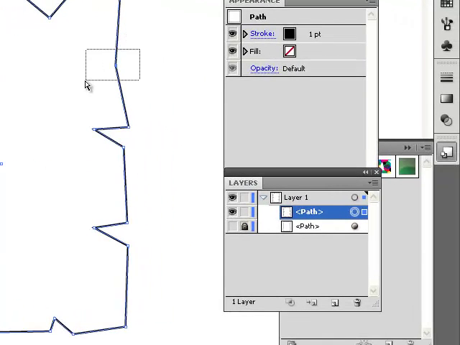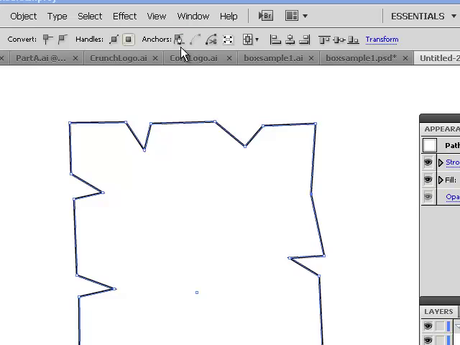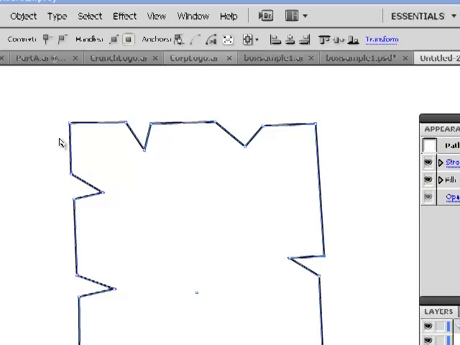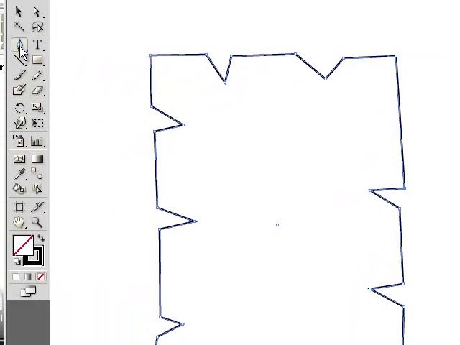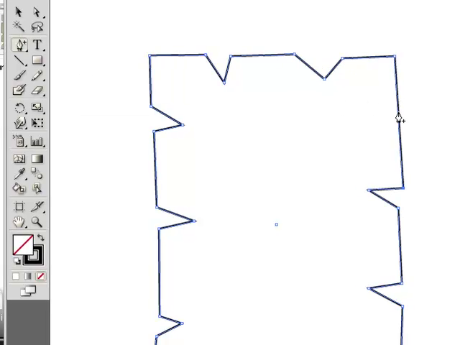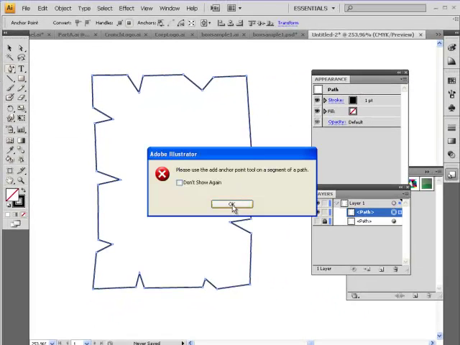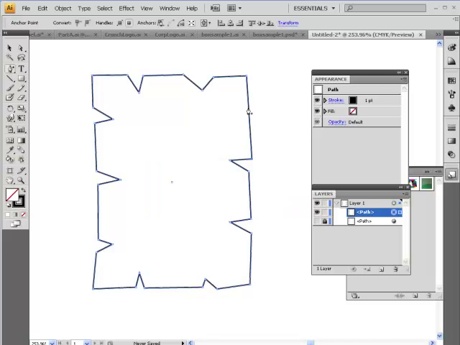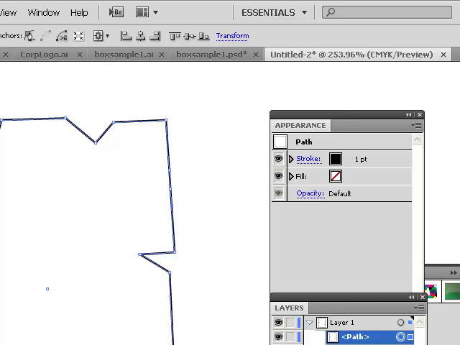Sometimes you can take points away by selecting them if you need to, and clicking this button here, which is remove selected anchor points instead of delete. You can also add points by using the add anchor point tool. So if I want to add another corner point here, I'm going to add 3 points. You have to click right on the path, or it'll laugh at you and make fun of you and not give you the point. So there's 3 points,